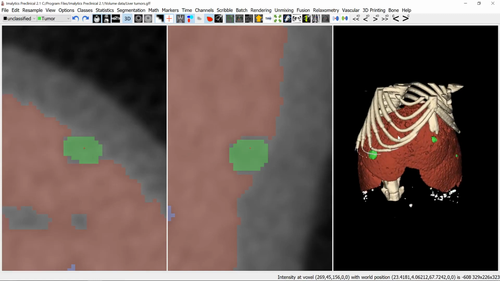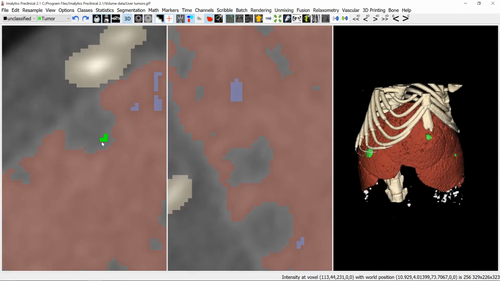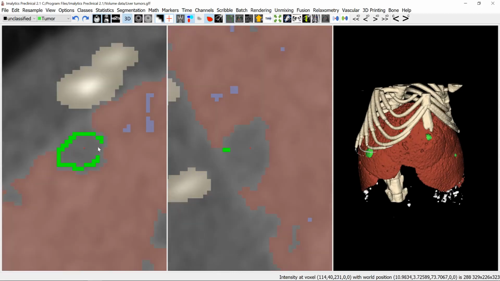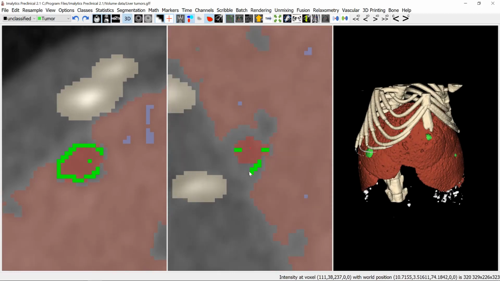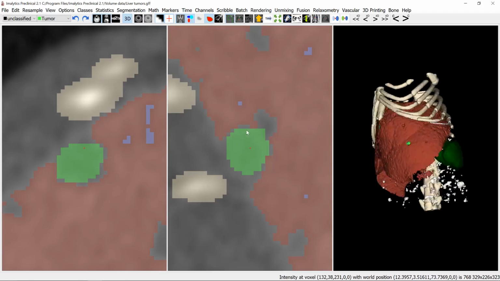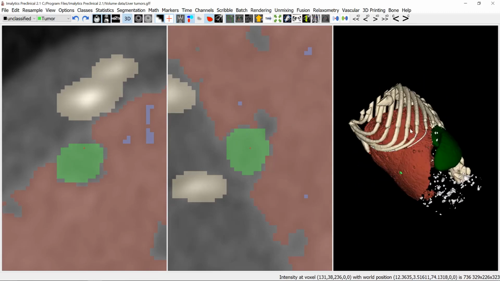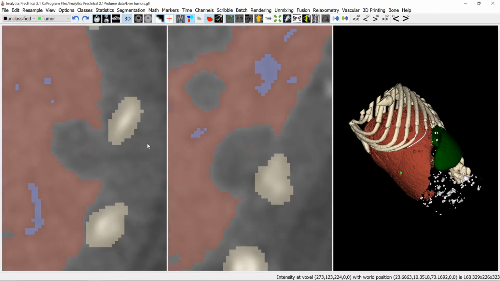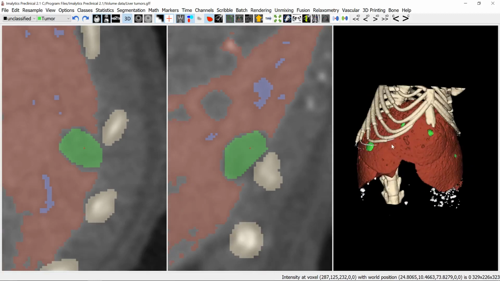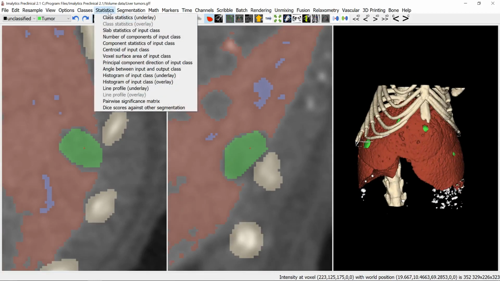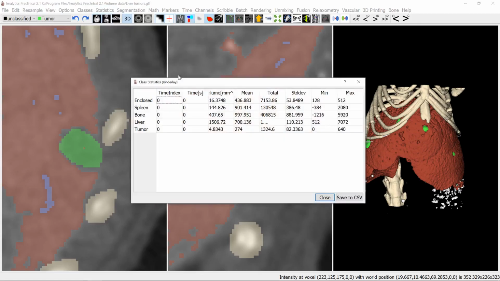And look around. And here's one more. And maybe here, this one. Like that. And then when you have all of them, you can use the statistics menu here to get the